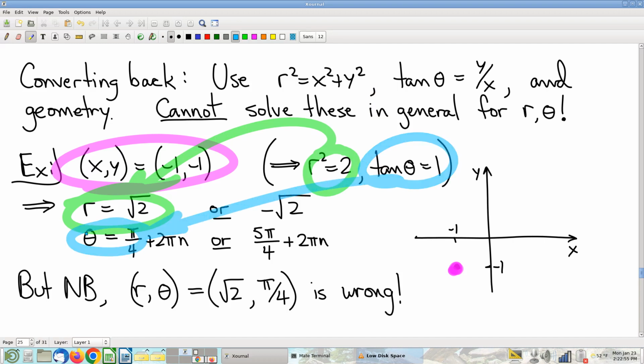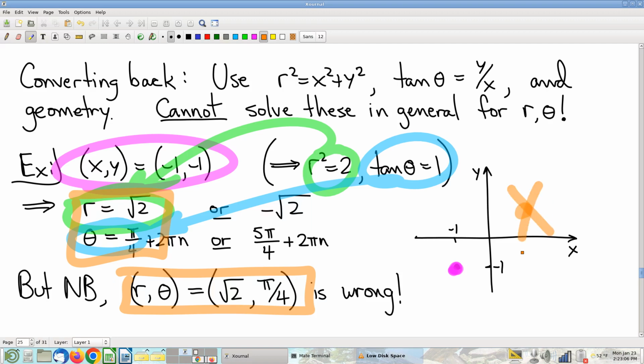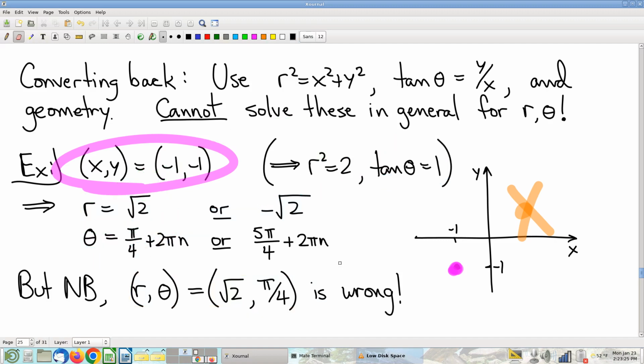And if you look at these coordinates, square root of 2 comma pi over 4, that puts you up here, and that's the wrong point. So, absolutely wrong answer if you're sloppy on this business. Does everybody see what went wrong? Everybody see how that's bad, right? So you've been warned. Be really careful with this kind of thing, and in general, I think the good advice